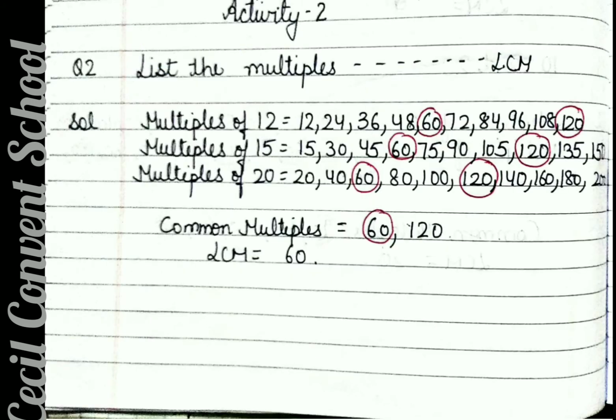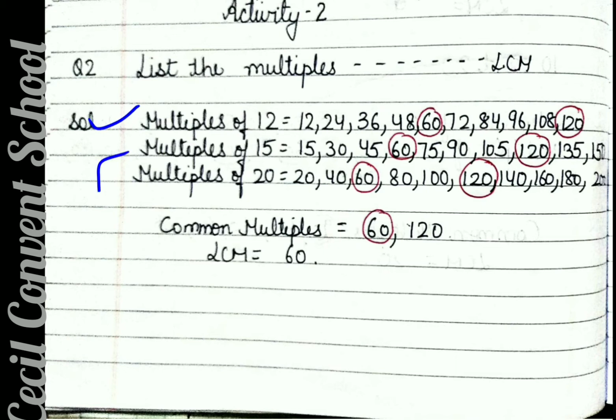See how? I have written firstly the table of 12. You have to write like this in your maths copy. Table of 12 I have written. You have to write down only the answer. 12. After 12 I have written 24. Means 12 twos are 24, so I have written 24. Then 12 threes are 36. I have written 36. Then 48. Then 60. Then 72. Then 84. 96. 108. And then 120.